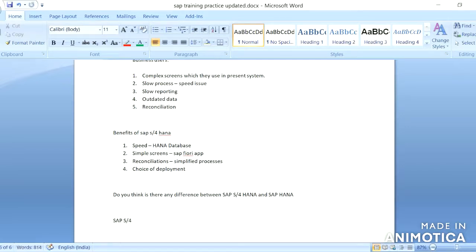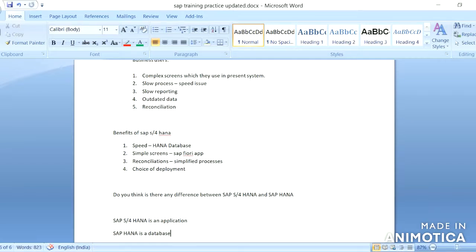SAP S/4HANA is an application. SAP HANA is a database.